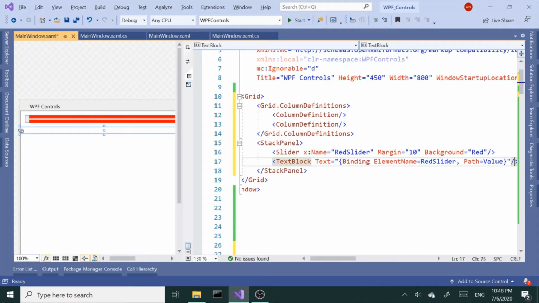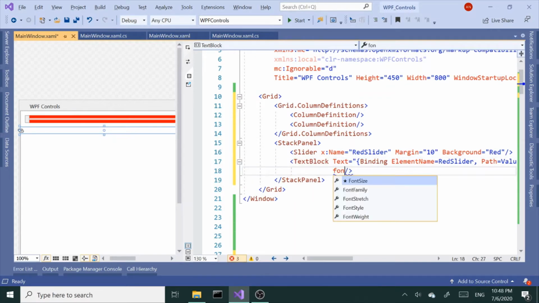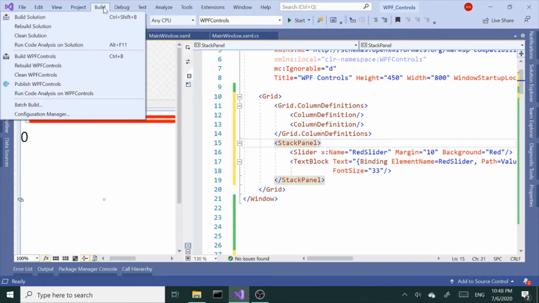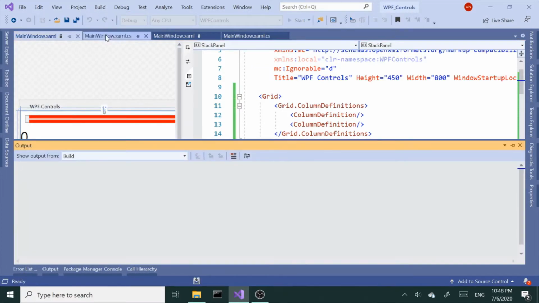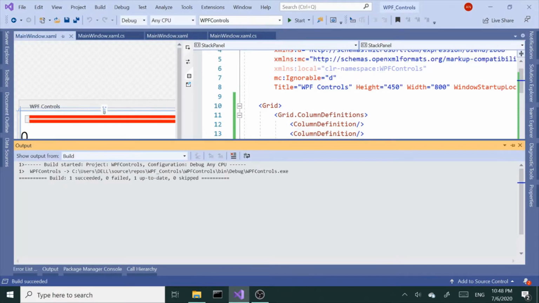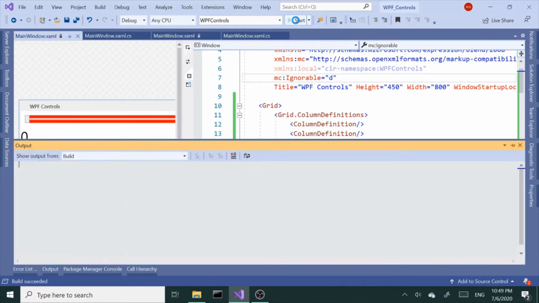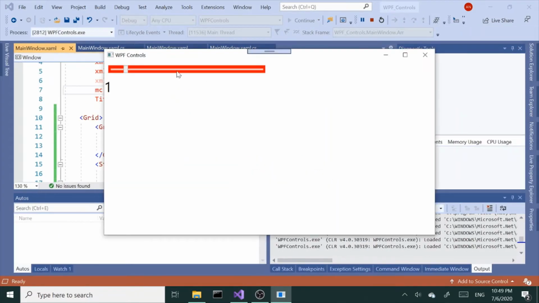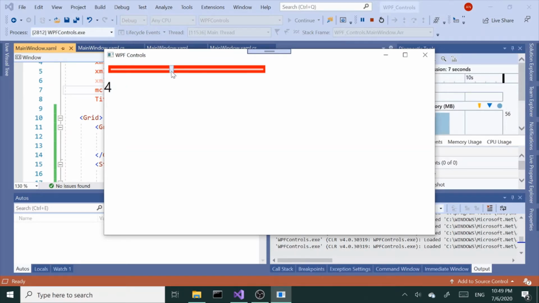Let's go ahead and increase the font size as well. Font size 33 for now. All right. So let's build and run this. See what we have so far. Okay. All right, so